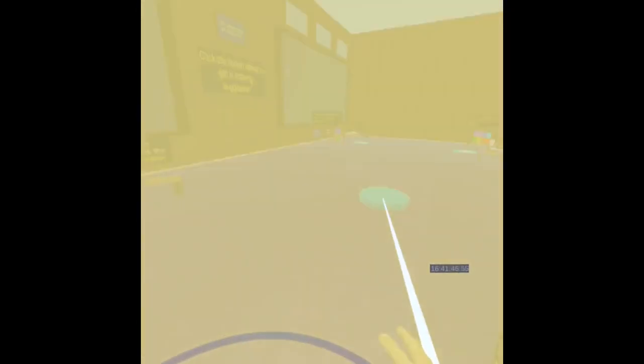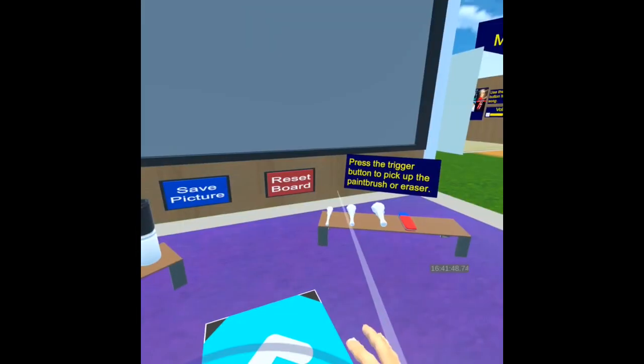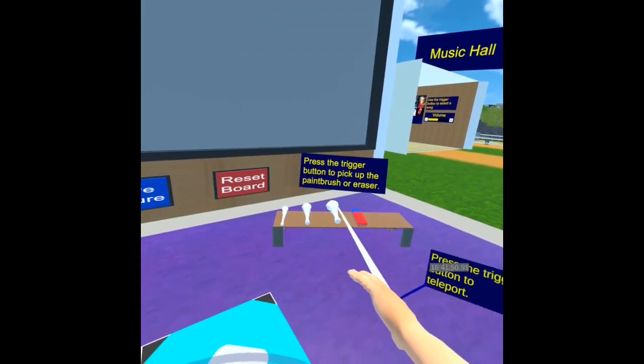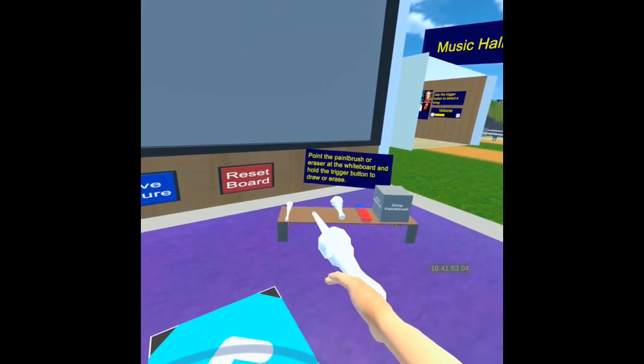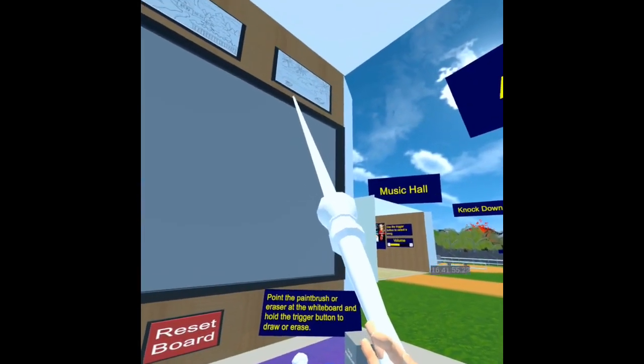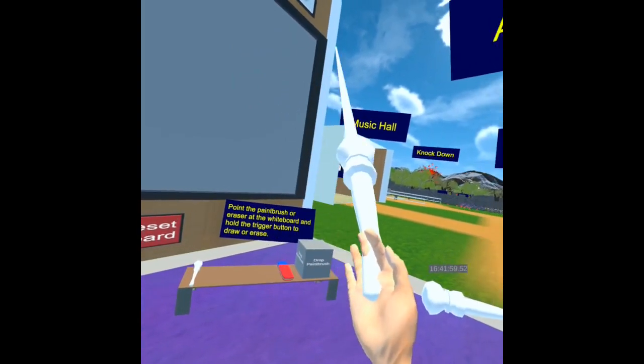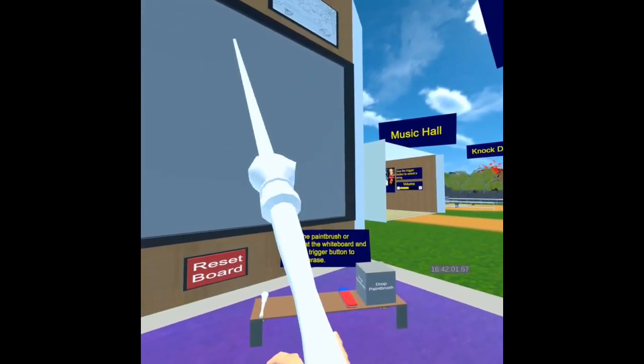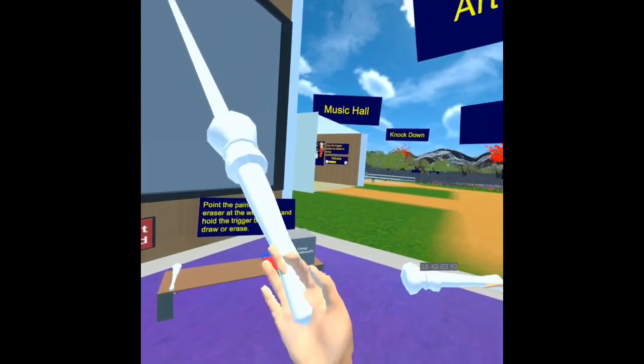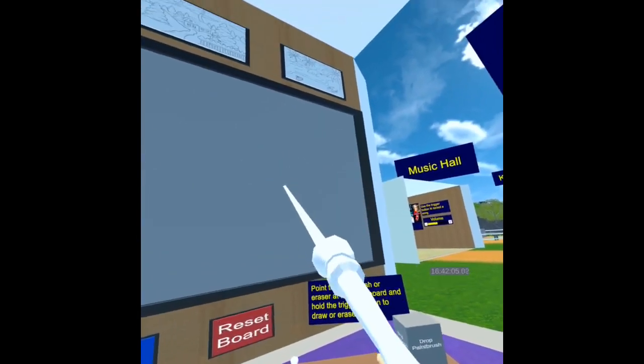So what an artist can do is pick up one of the paintbrushes, and for the sake of convenience and only using one button, I do not have the trigger button held. This object is just in my hand.